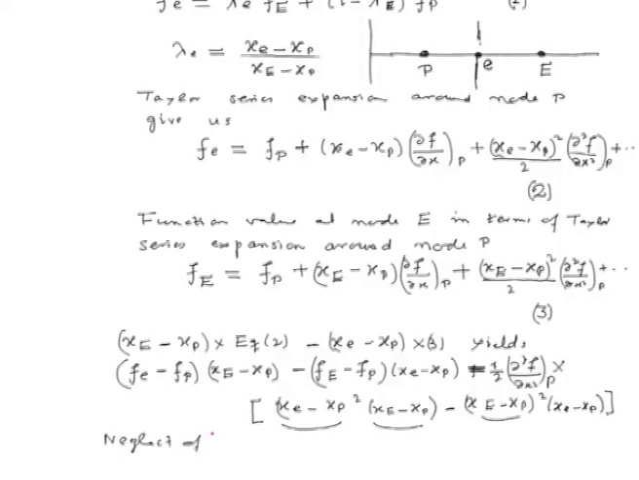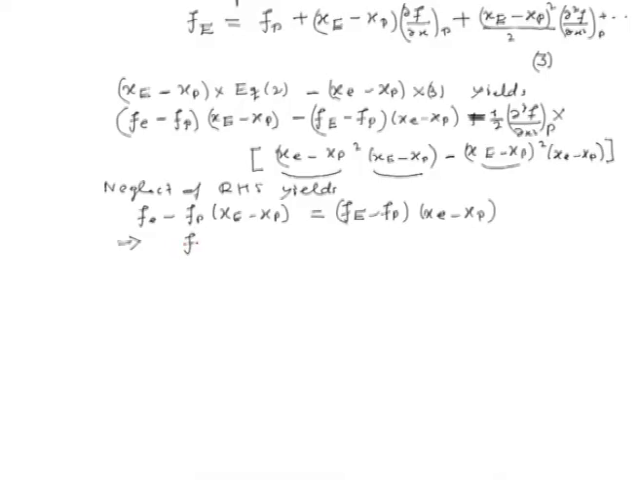So, neglecting the RHS, we get fE minus fP over xE minus xP equal to capital FE minus capital FP over XE minus XP. And if we rearrange the terms here, we precisely get our interpolation formula, that is fE is